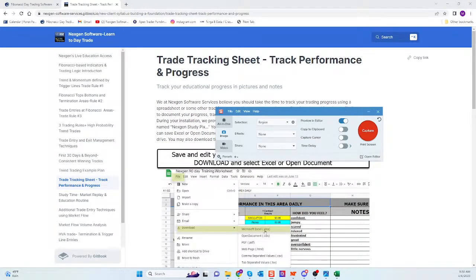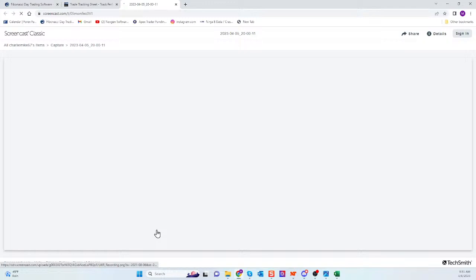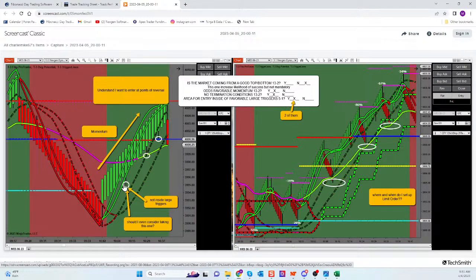And let me click on Fulgor's because he said he didn't take a trade. And what he did is he's saying, well, I'm looking, I'm learning, I'm trying to figure these things out. And he's saying he wants to enter at points of reversal. He has momentum, no termination condition. So Folger,